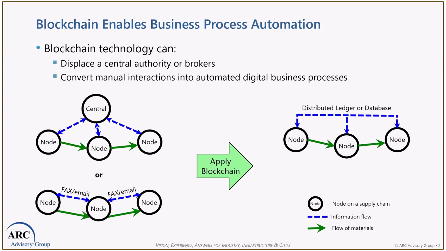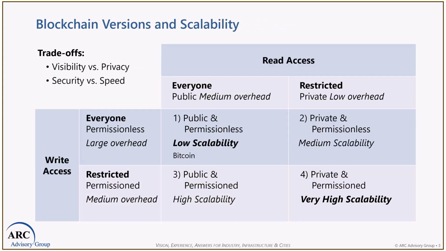We see that on the right-hand side where the nodes in the supply chain, the red line represents the flow of materials, and the blue line represents the flow of information. The left hand knows what the right hand is doing, and this is done electronically, quickly, so the supply chain can run more smoothly.